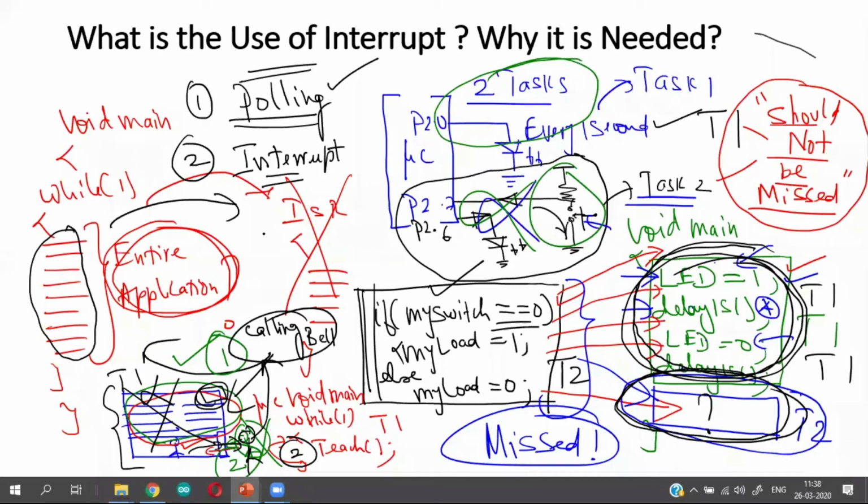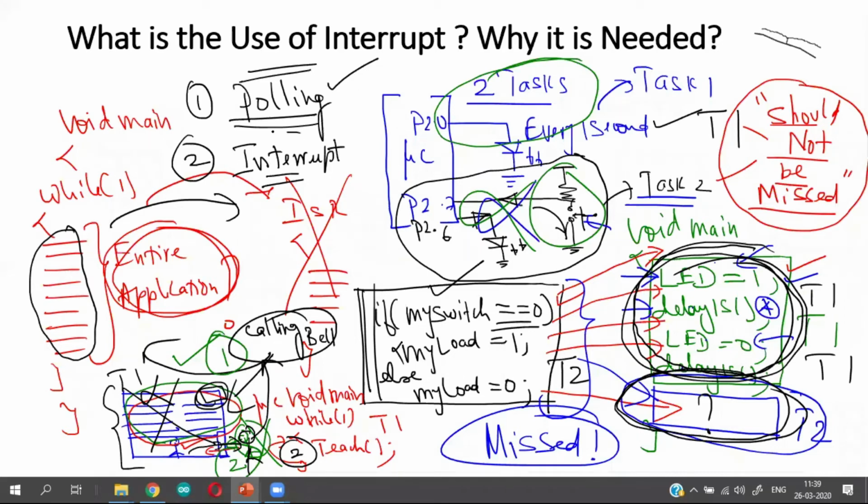In interrupt technique, the person, whenever he wanted to have some kind of an information exchange with me, is not waiting for me to come out. Rather, he is seeking my attention by pressing a calling bell. Calling bell is a way of an external event seeking the attention of the processor. So when the calling bell rings, the processor understands that, oh, somebody is waiting there for information exchange. It is now time for me to stop whatever I am doing, and I go and meet that person and get the information. Otherwise, that information is a lost information, which I should not do. So in that case only, I stop my lecture, go out, and I have information exchange, and then come back and I do whatever I do.